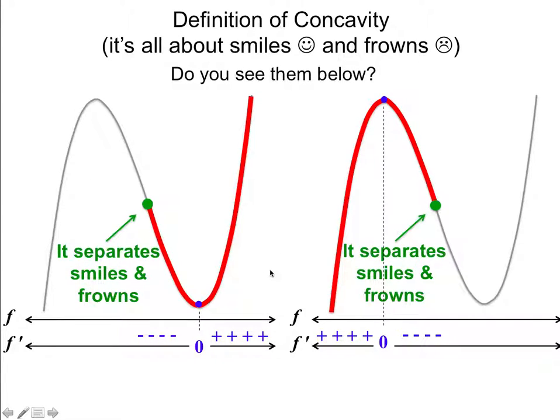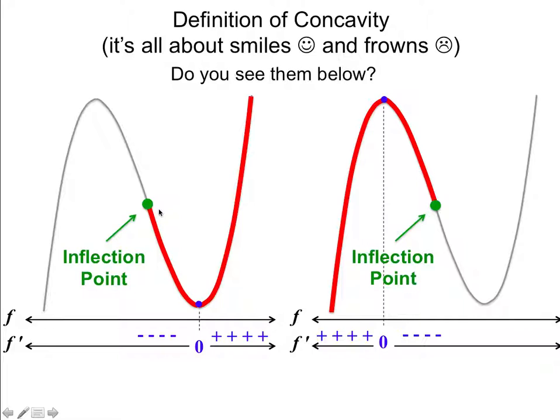So this point separates smiles from frowns. And so this point is so special, we give it a term. It's called the inflection point. And so that inflection point is where we transition. Where on one side of the inflection point we have a frown, on the other side we have a smile. And